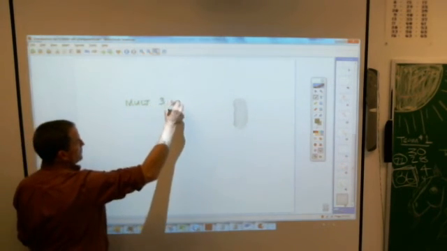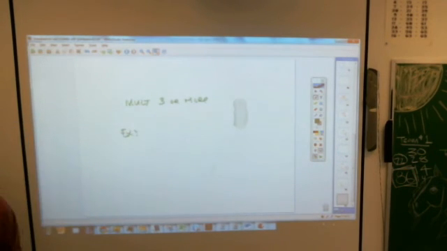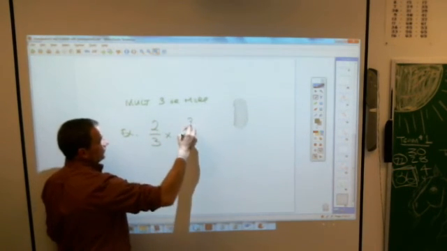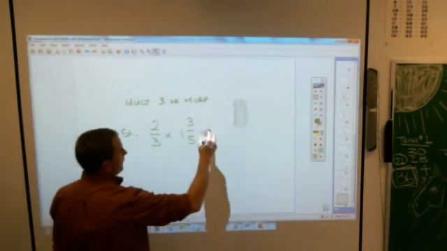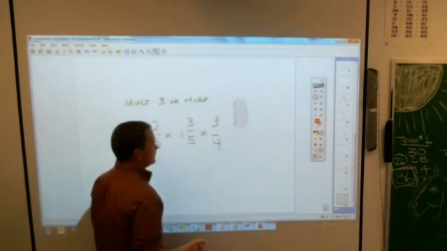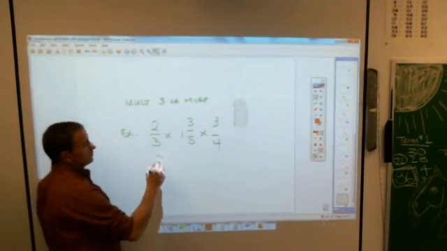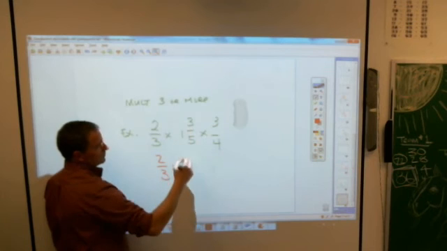The other thing in this lesson is multiplying 3 or more fractions. Let me give you an example. And then I shall set you free. And if you're free, you shall be free indeed. Let's say you've got 2/3 times 1 3/5 times 3/4. Oh, did I forget? We might have forgot to make the proper fractions there too. Oh, no, we did. So the first thing I have to do here is make 1 3/5 improper. 2/3 is going to stay. 1 3/5 is 1 times 5 plus 3, 8/5